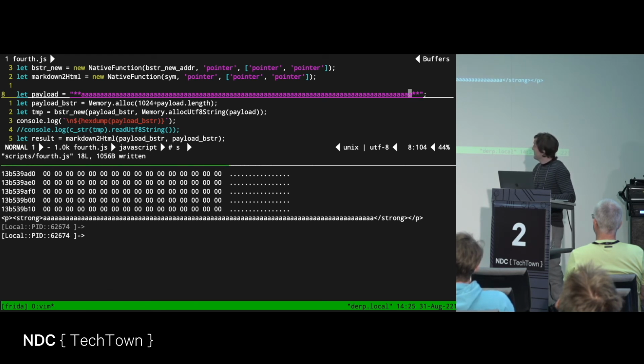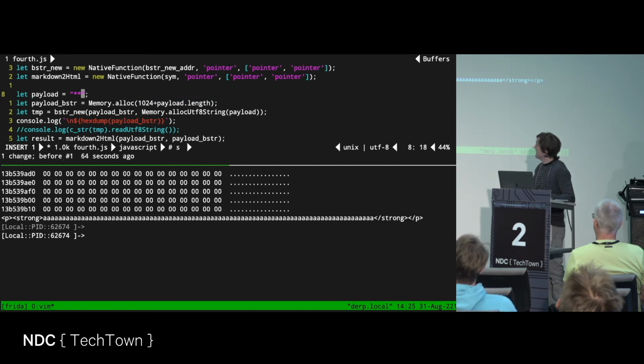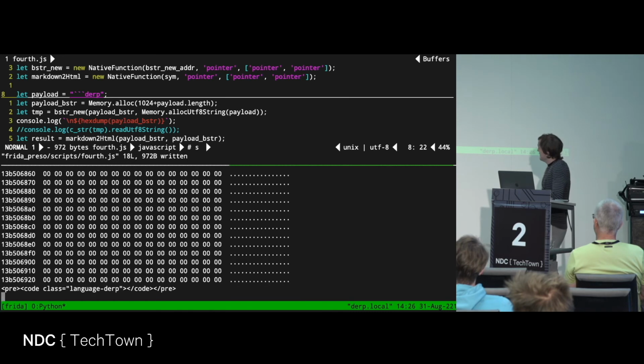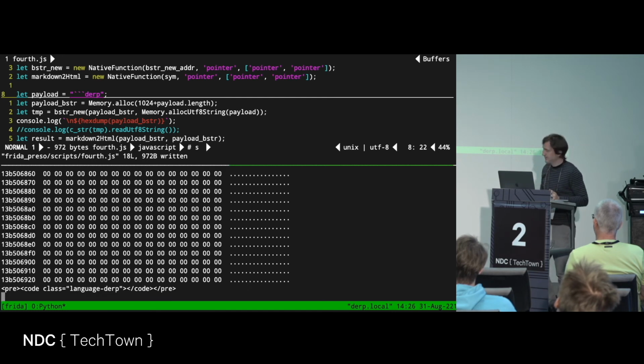I can try different payloads that are problematic, like I found with a bunch of these backticks and then putting something in here, like derp. Once it reloads, I saw that had some sort of special functionality. As you see here, it turned it into a code block. It's pretty standard with a lot of these markdown implementations, where they'll try to show you code in a specific language that you specify, but